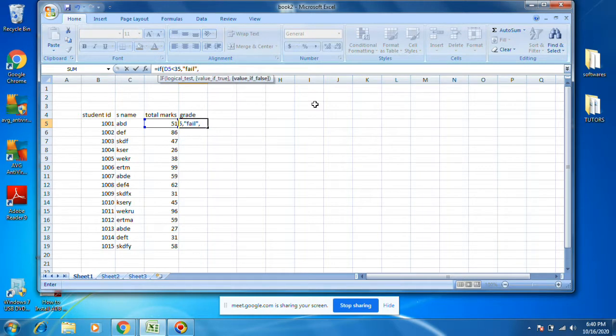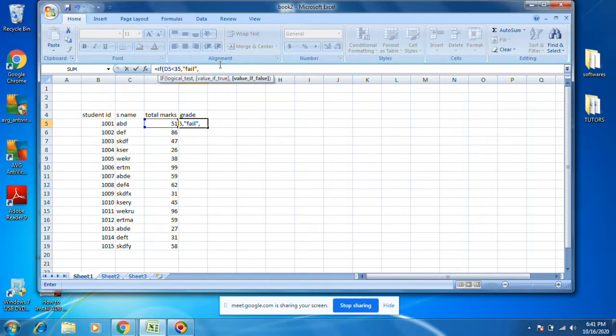If you see in the IF statement, this is the condition, logical condition. This is value if true. If this condition is true, this will execute. If this condition is false, this, another comma. You see, separated by comma. Less than 35 means that student got failed marks.